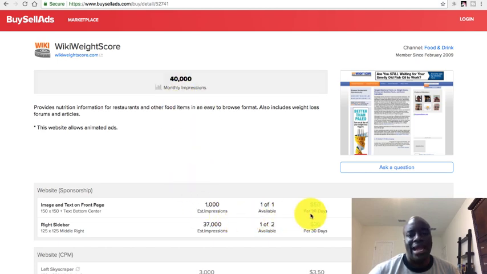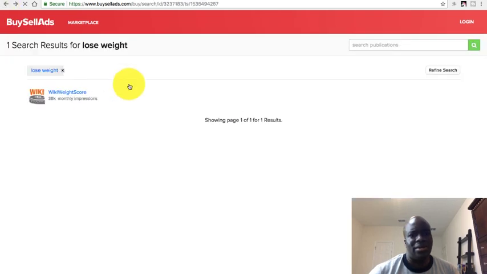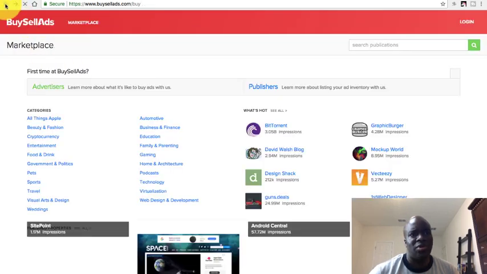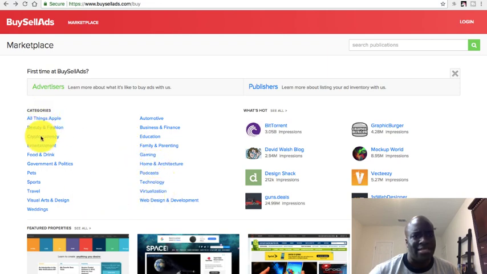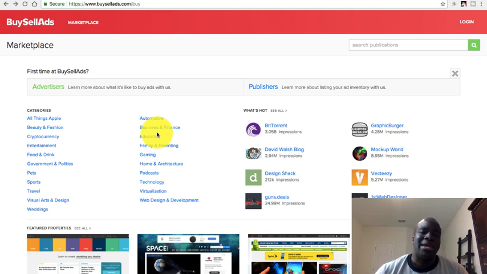And then it will give you how much it costs to market on these different websites. So it looks like this one is $50 for 30 days. And there's tons of websites on this site. You can go through the different categories here that you can pick, or you could just type in the search field what you want, and find different blogs. So that's another way that you can get a lot of traffic to your site. If you need to make banners, you can just go over to fiverr.com and get banners done for $5, and